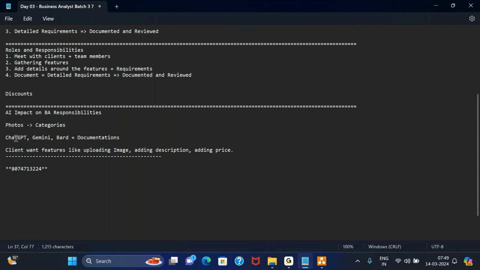Suppose I have written a high-level feature like this, that this is what the client wants. Now I want to find alternatives to this. For some reason, this simple statement does not look attractive to me. Now I can certainly use ChatGPT or other AI tools to find a better way of writing this. I can tell them, hey, take this statement as input and give me an alternative way, or another way of representing this statement.